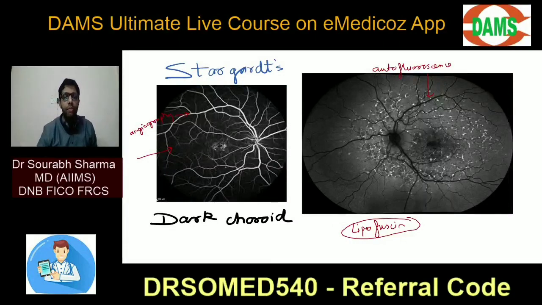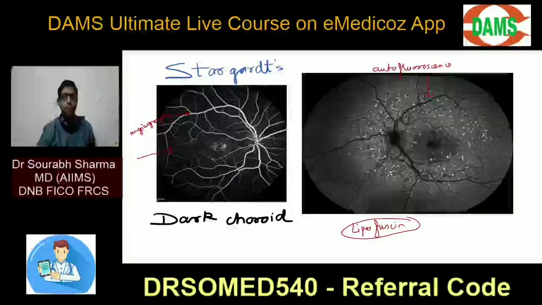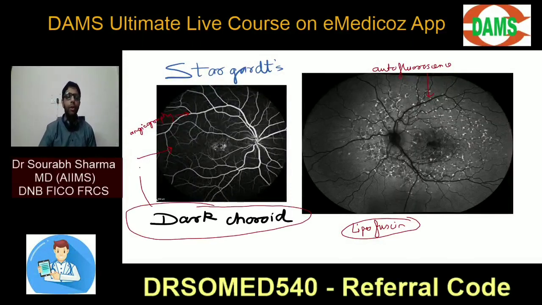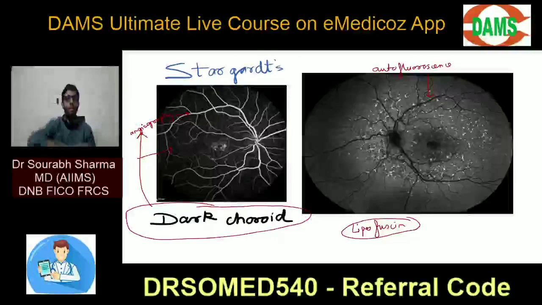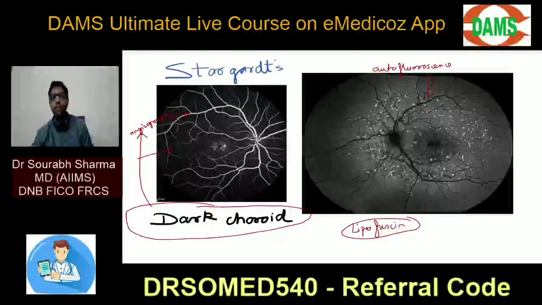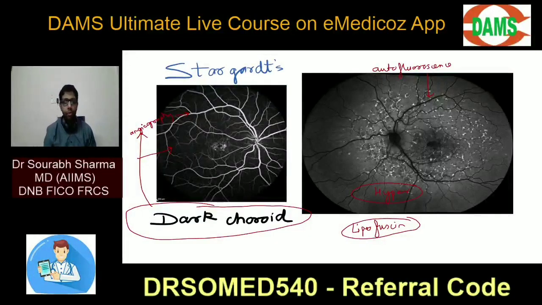So what will happen in angiography? This was a JIPMER question last time. If it is deposited all over the retina, the choroidal vessels are not seen. They are blocked. So that is why you get a dark choroid on angiography. Lipofuscin is deposited all over the retina, so choroidal vessels will not be seen. There is dark choroid on angiography. But on autofluorescence, there will be hyperfluorescence because they have a property of emitting a higher wavelength light.